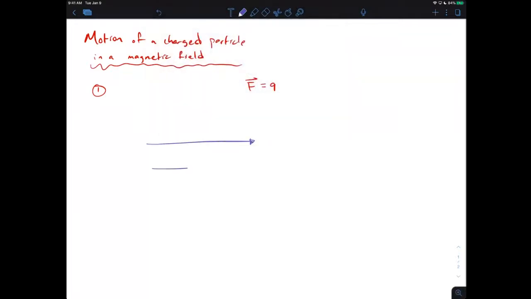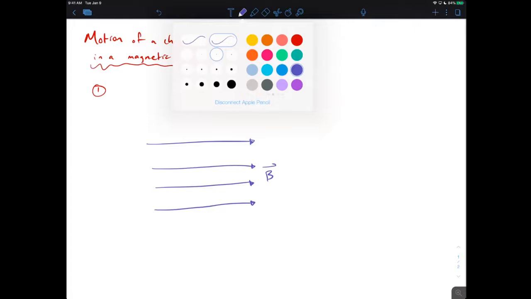Let's say I have a magnetic field here. And we're going to consider this to be the simplest case here. We're going to consider this to be a uniform magnetic field. So kind of like how we did before with our uniform electric field, we're going to do that same thing with the magnetic field. Okay, and our charged particle needs to move in here somehow, right? So if we have motion, then we have